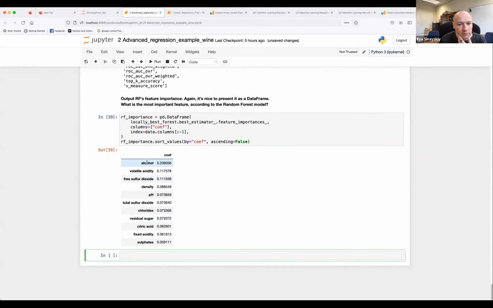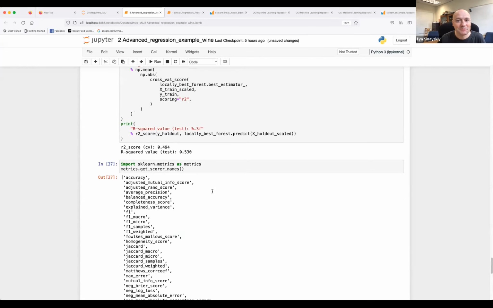We get that density is not that important, and the alcohol content is most important, and afterwards acidity, sulfur oxide, density, and so on, which is pretty disappointing, to say that the wine is better if we have more alcohol. Okay, so